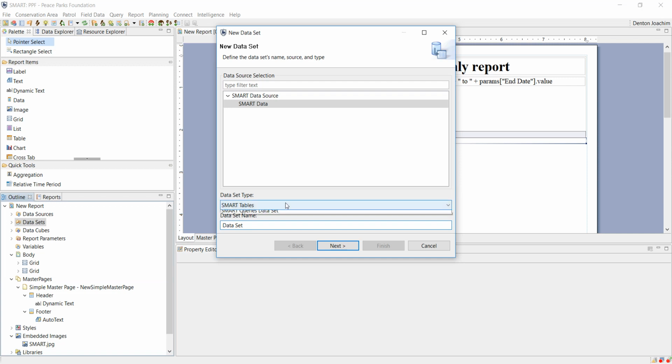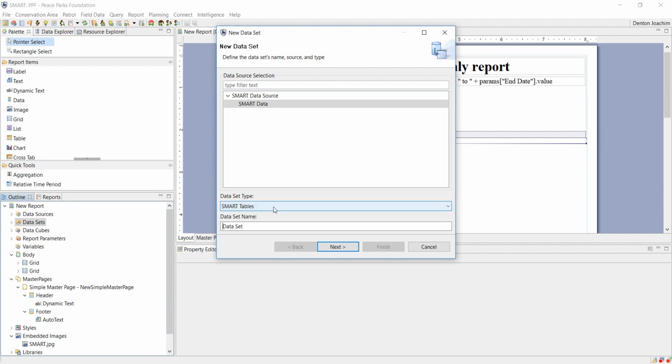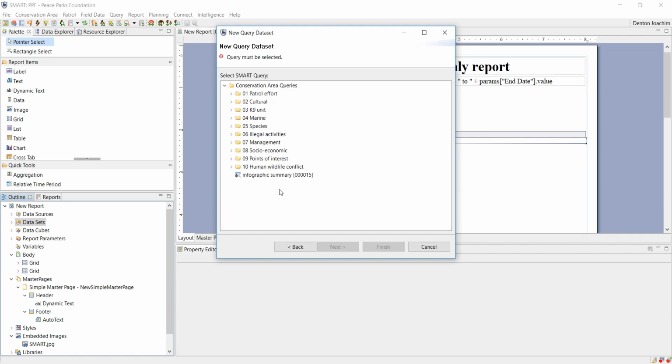Just to show you, if I say tables and I say next, you will see here I can add the agency and ranks, conservation areas, the employees, etc., etc. Every external data pertaining to conservation areas. But I created specific queries, so I choose the query dataset. When I click next, all my potential queries come up here. In this case, it's just structured in folders,